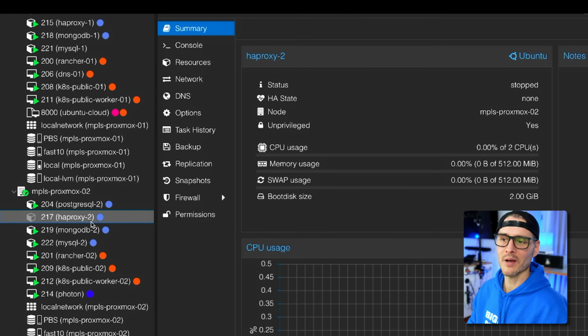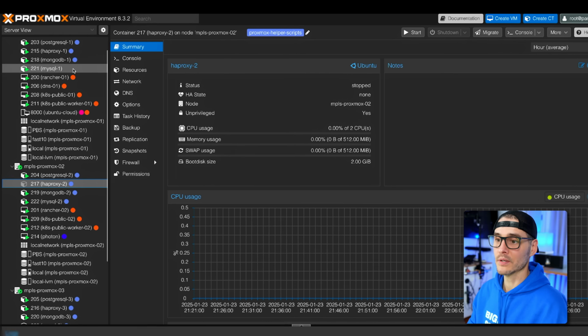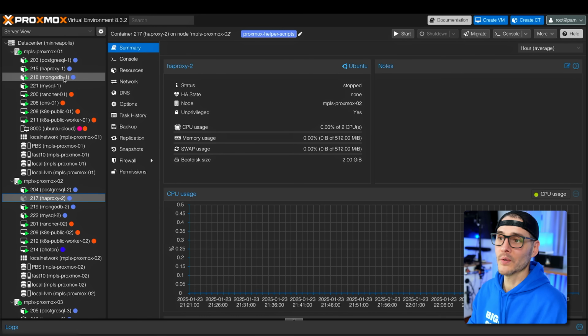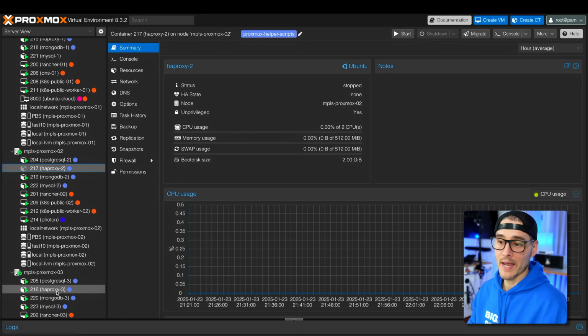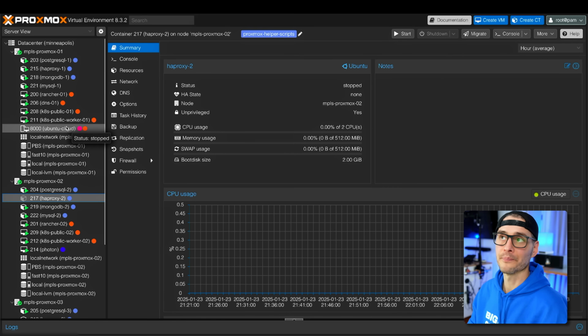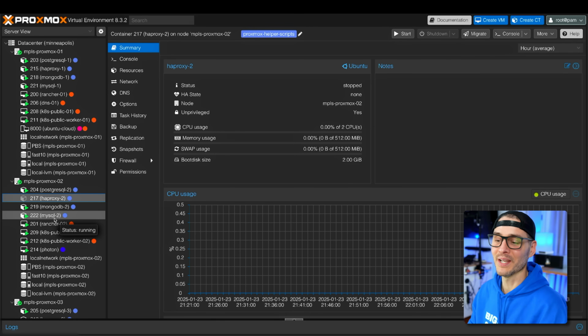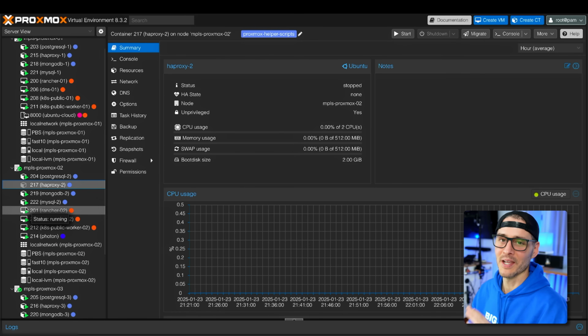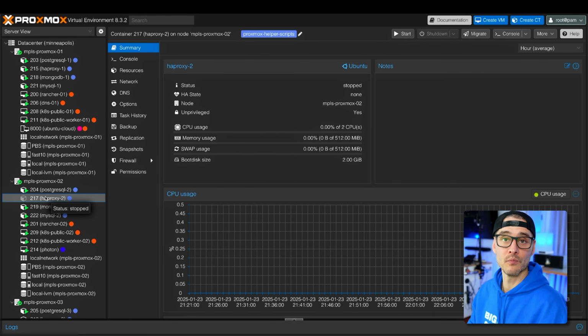There's something weird going on where I can't start it, so I don't know. I'm going to have to restore it or delete it. I probably should have done that already. But as you can see, 1 is down right now, and HA Proxy is handling it just fine. 1 and 3 are up. Actually, with HA Proxy, you only need 2 nodes for high availability, but that's besides the point. I did 3 just because I have 3 nodes. Anyways, that aside, it runs great.